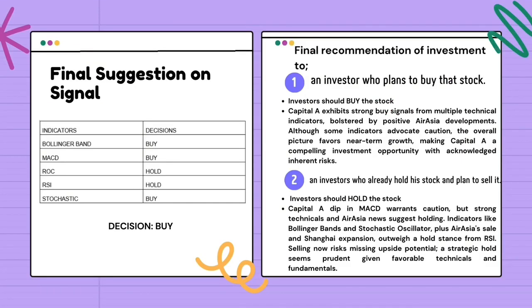The final suggestion on signal for Capital A: the indicators' decision is buy. The final recommendation of investment to an investor who plans to buy the stock: investors should buy the stock. Capital A exhibits strong buy signals from multiple technical indicators bolstered by positive Asia developments. Although some indicators advocate caution, the overall picture favors near-term growth, making Capital A a compelling investment opportunity with acknowledged